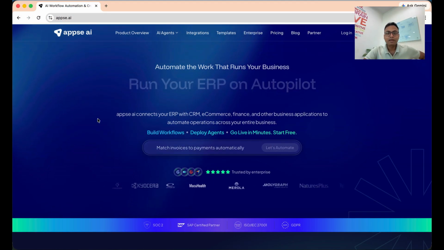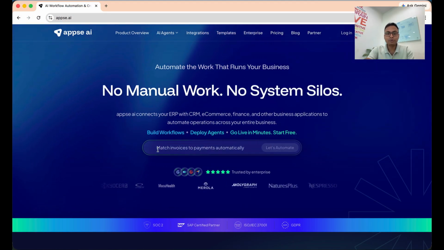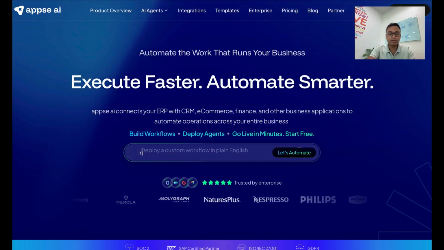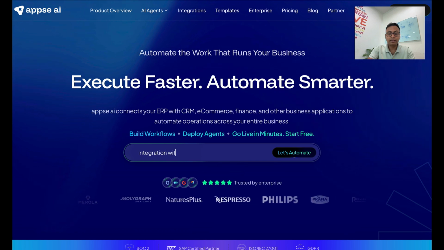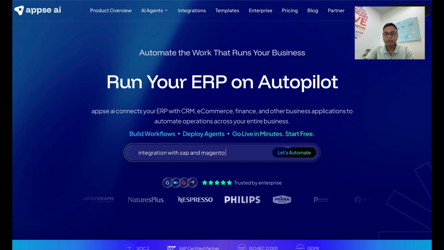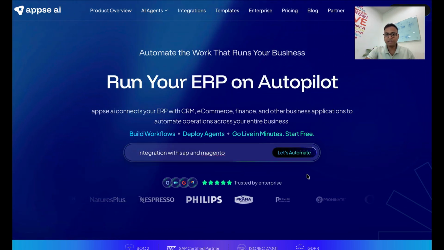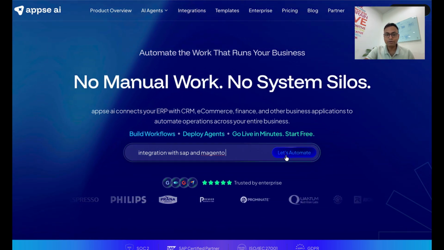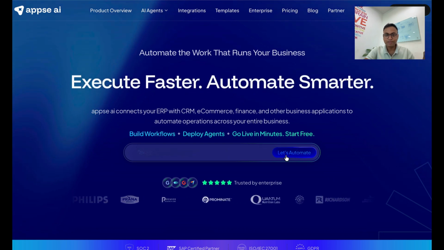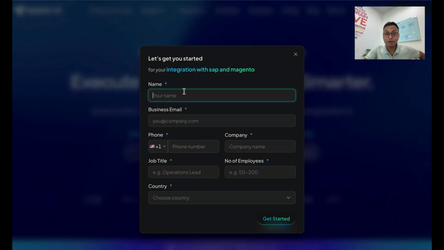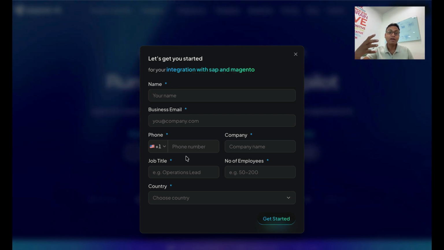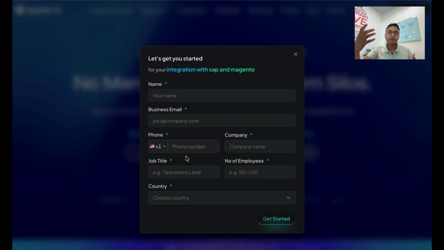This is the home page, and one thing I wanted to show is that I want to do the integration with SAP and Magento, and look, the button got activated. And the interesting part: the moment I click on Let's Automate, there is an animation on the text, and then the modal opens. This modal dynamically takes what you have written there, and it is basically a lead generation form, which will save in the backend